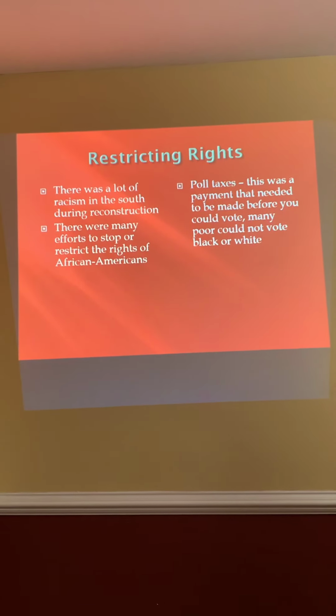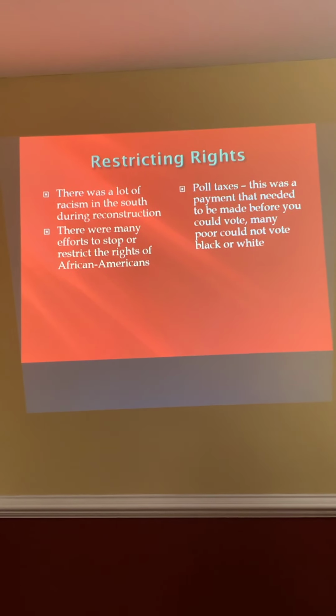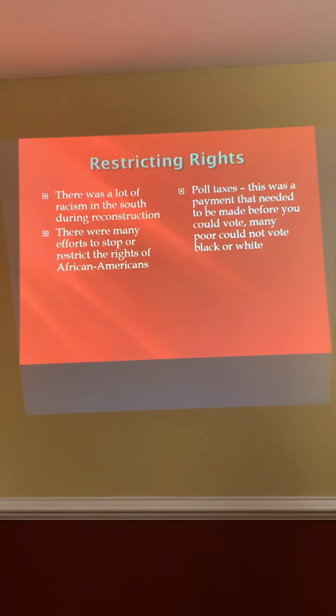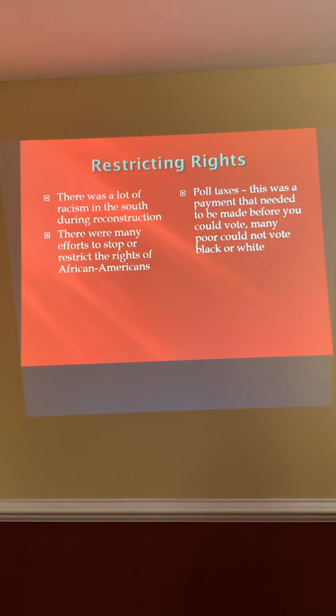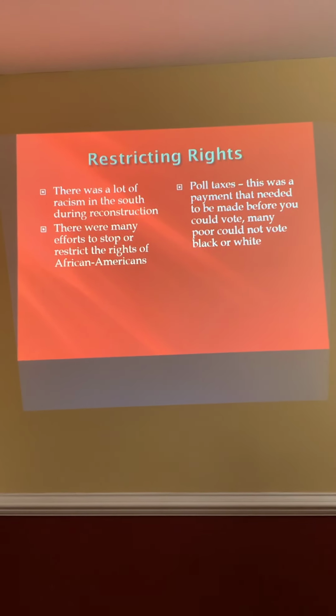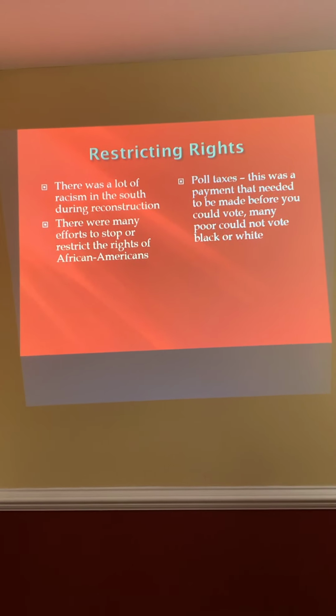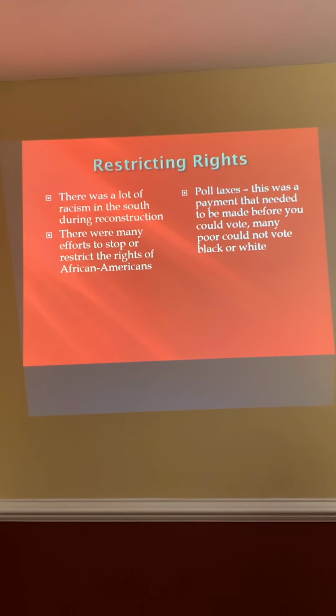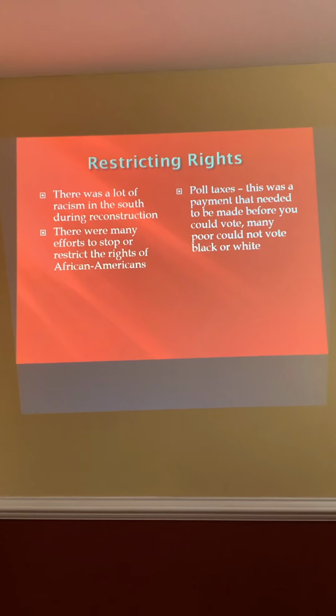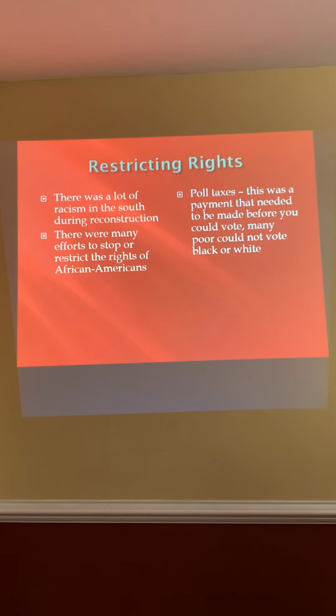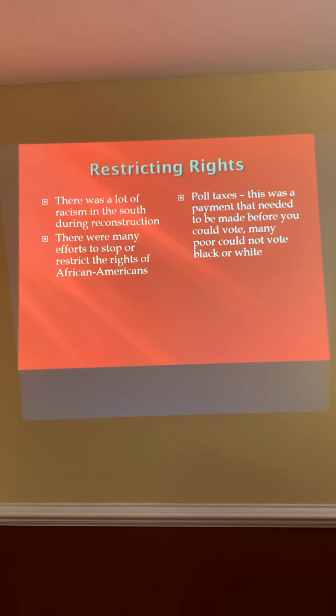All right. One thing they really start to have is a lot of racism in the South. The racism during Reconstruction doesn't really go away. It stays there. There's many efforts to stop what's going on with the African Americans, the freedmen who just won their rights. They really want to restrict their right to vote because they feel if they're going to vote Republican, Democrats are going to be out of power.